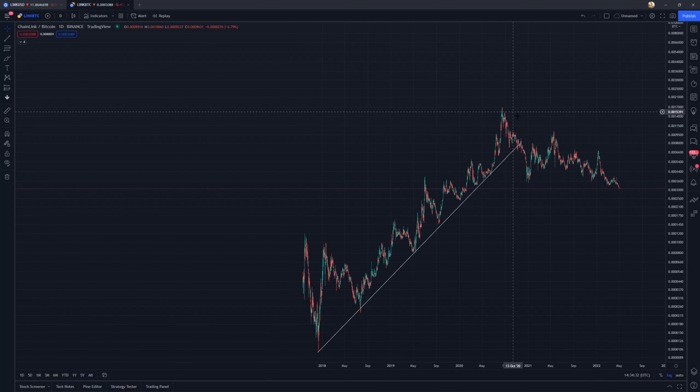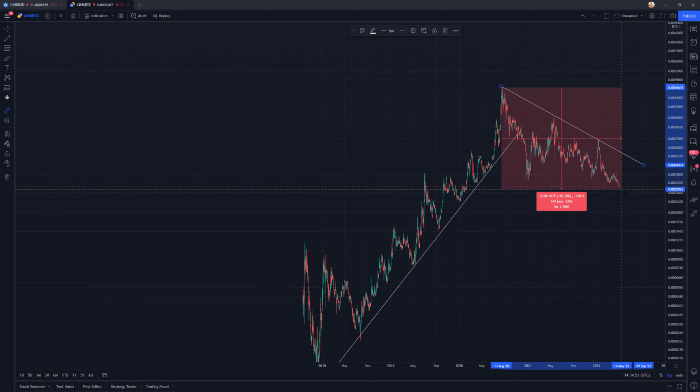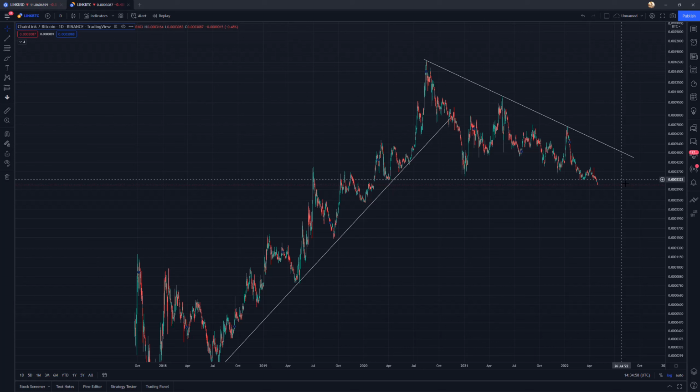So again, this is a Chainlink Bitcoin chart. It's showing the ratio of Chainlink to Bitcoin, and if this chart is moving up, that means Chainlink is outperforming Bitcoin, and vice versa. If it's moving down, that means Bitcoin's outperforming Chainlink. So ever since this major peak in the summer of 2020, we've just had a pretty harsh downtrend, right? You can see how already we are down 81% against Bitcoin. That means if you had 1 Bitcoin worth of Chainlink in the summer of 2020, then you would only have 0.2 Bitcoin today. So a very harsh drawdown.